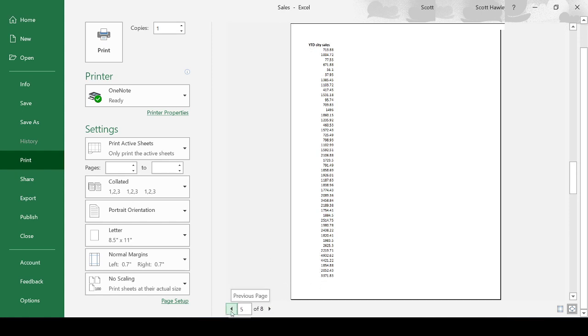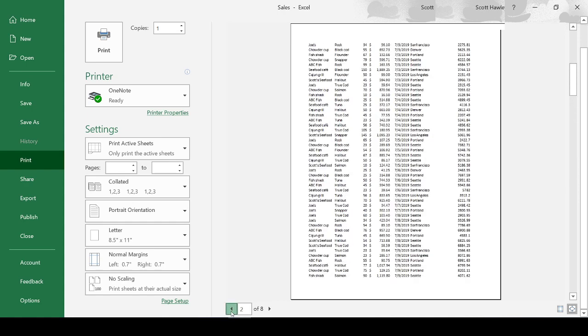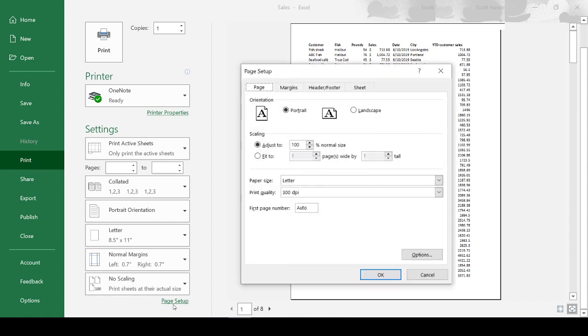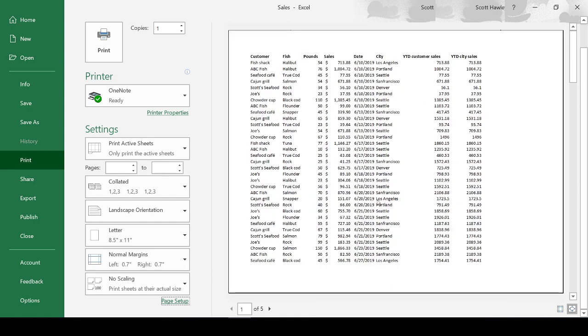I want it all on one page, and just simply shrinking it to one page wide makes the print too small. In that case, I can go to the page setup, I can click on landscape and hit OK, and now we can see it shifted the page 90 degrees and it all fits on a few pages here, and it's easy to read and